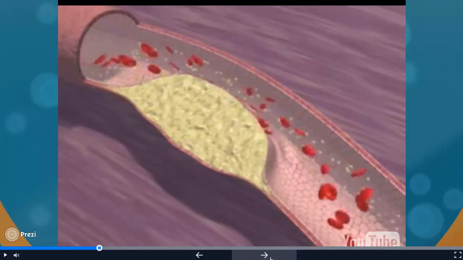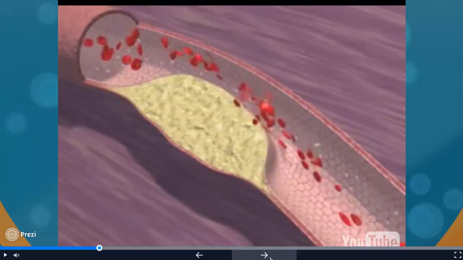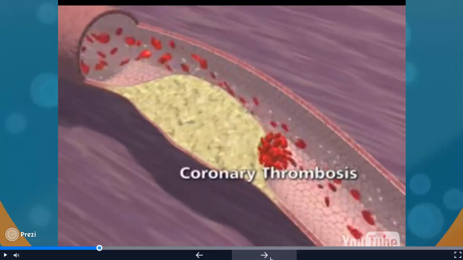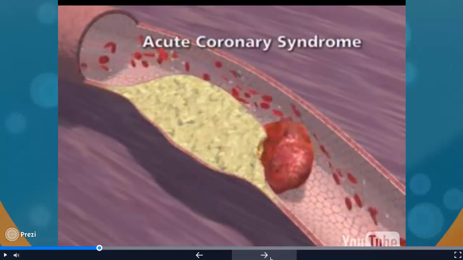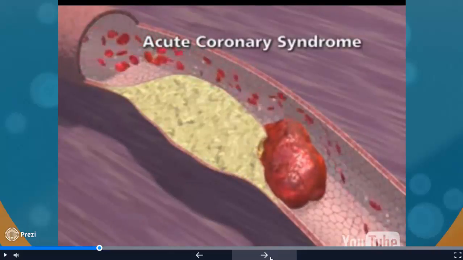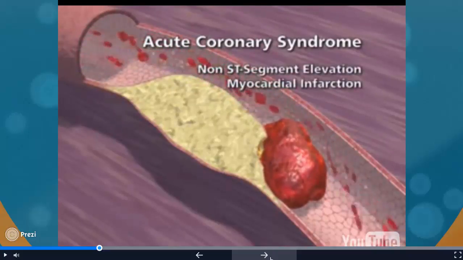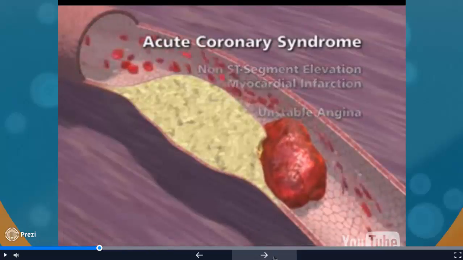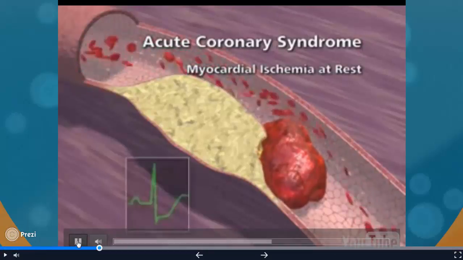Such a patient is still at risk for an acute life-threatening event because a plaque can suddenly rupture, causing clotting of the artery, known as coronary thrombosis. When a thrombotic occlusion is subtotal, an acute coronary syndrome develops, and there are two types. The first type is known as a non-ST segment elevation myocardial infarction, and the second type is known as unstable angina. With these syndromes, the patient experiences chest pain at rest, and the electrocardiogram